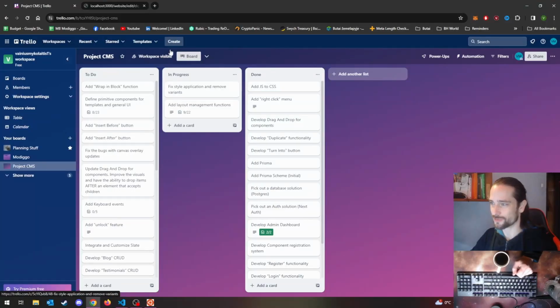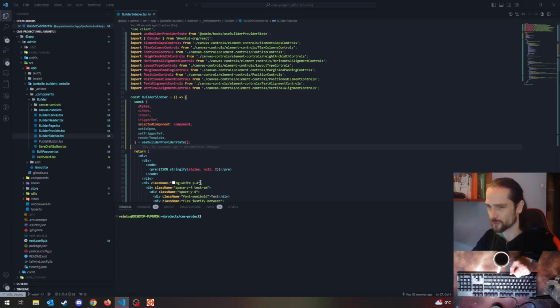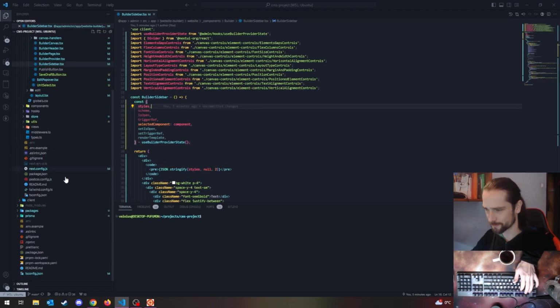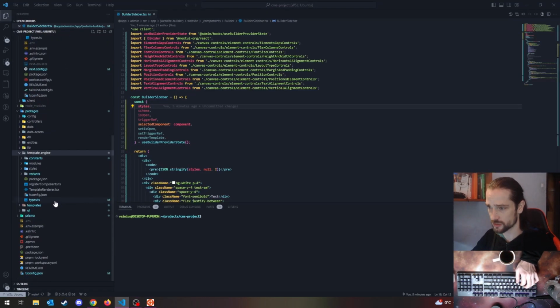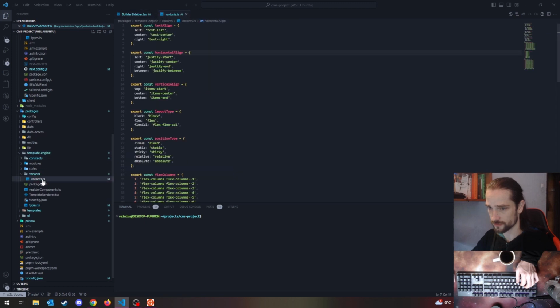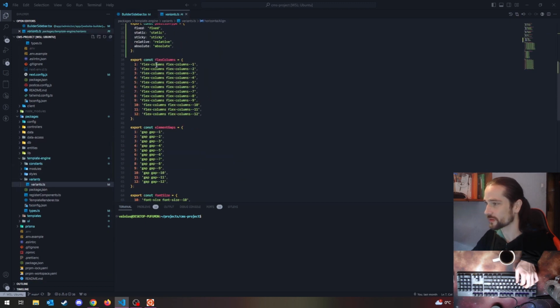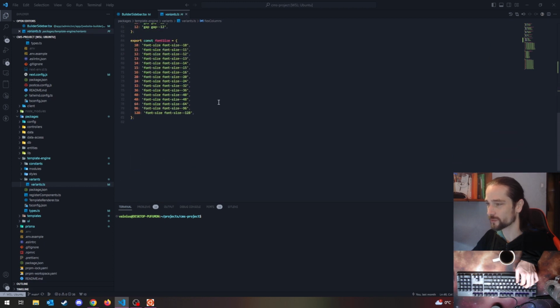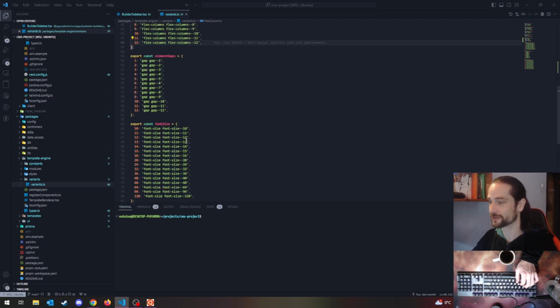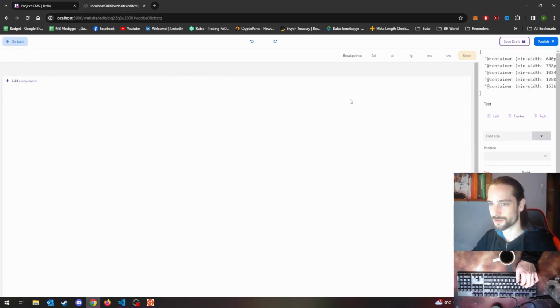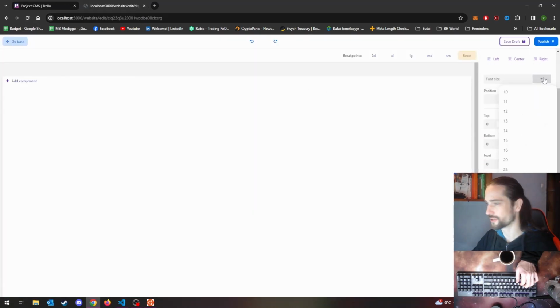And we will probably have to remove the variants because we have quite a lot of them. So we go to the template engine. We see this variants folder. And yeah, we have quite a lot of variants actually. And those variants are visible here. This is a variant. It's not responsive, and we need to make this responsive. But we also need to make this